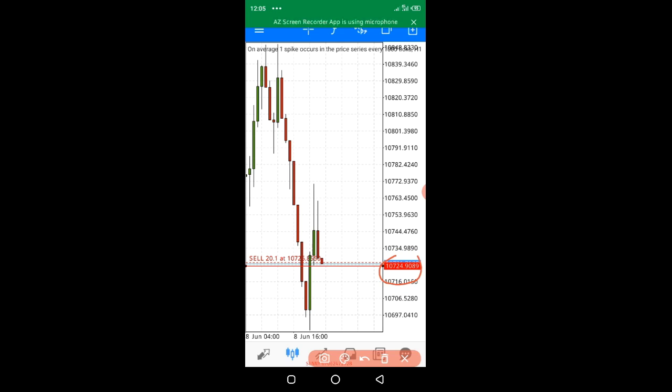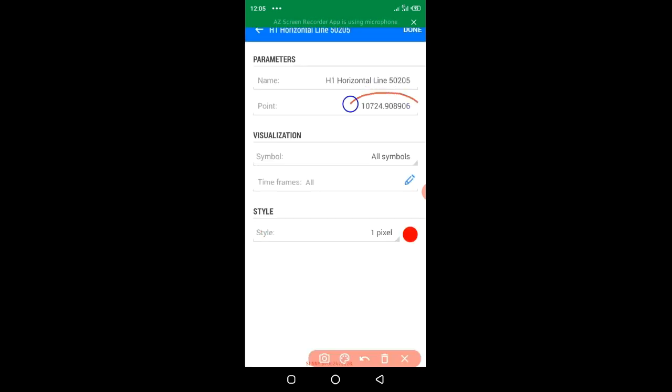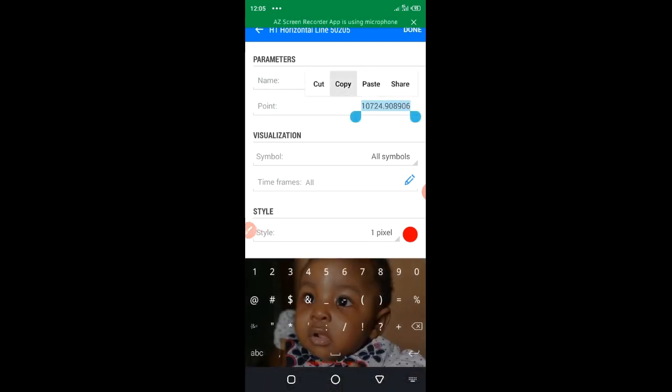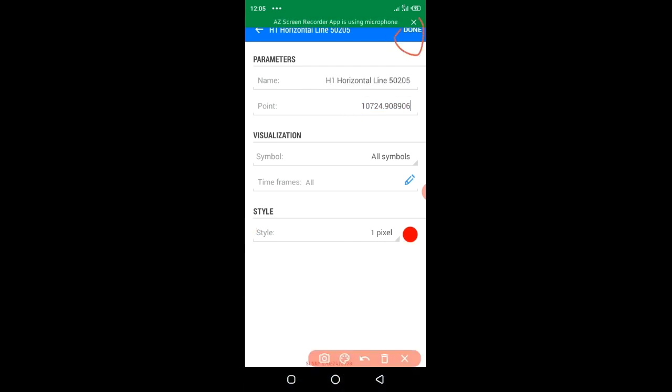The price where I put the red line is 10724.9089. So I'm going to copy that number. How do I copy it? I'm going to click on the red line and hold. Once I do, you see this will appear. I'm going to click on the pen you're seeing here, then click on this point and hold to copy. It will show me copy, and I will click copy. Then I'm going to click done at the top of your screen. Once I click on done,